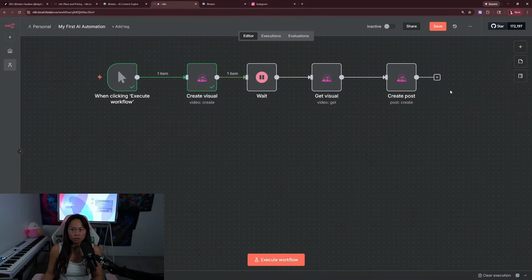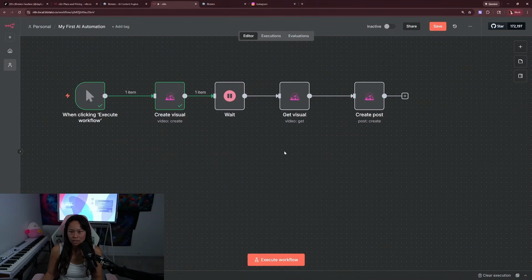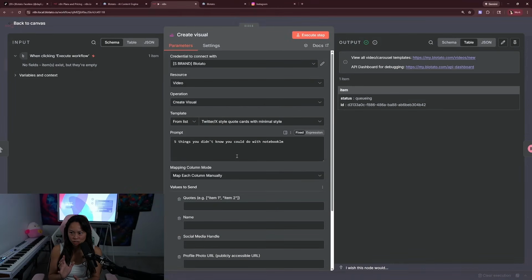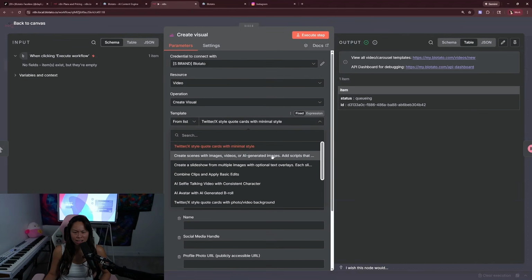So this is our very first AI automation. I wanted to keep it as simple as possible. But now let's try a faceless video. And then I'm going to expand it even further to have an AI research agent, right? So we don't have to manually type in these prompts. Okay, so let's click template list. And then I think this one